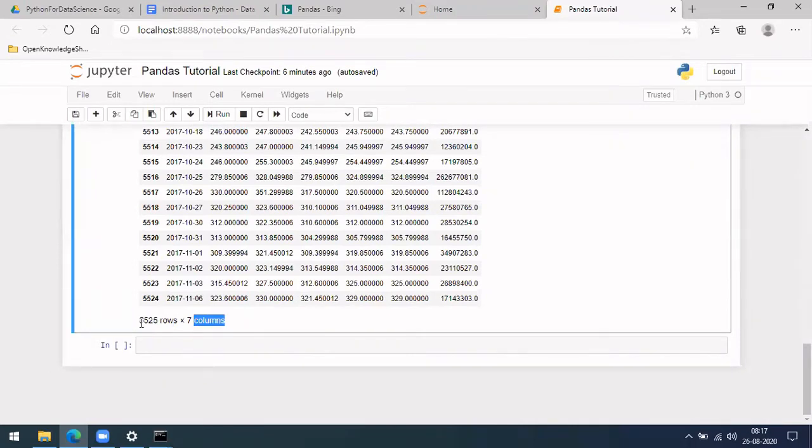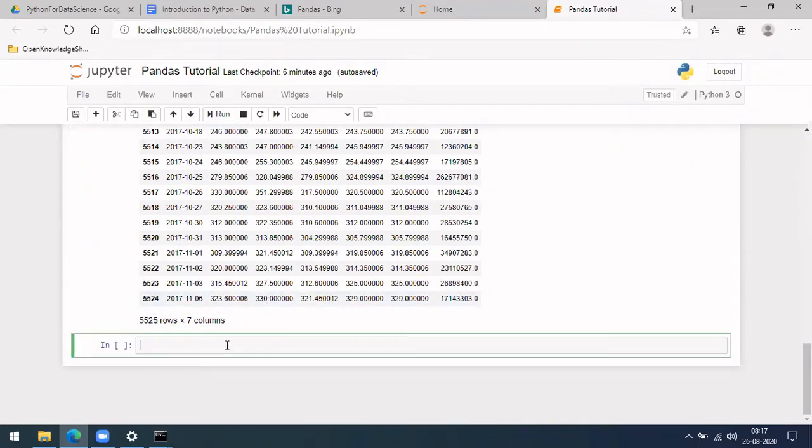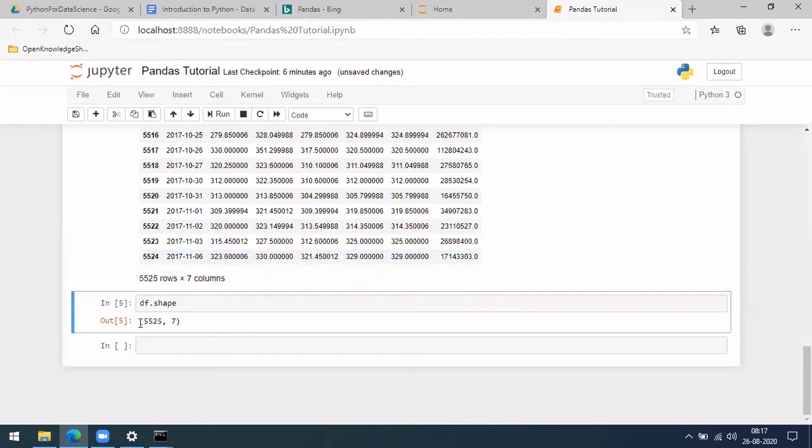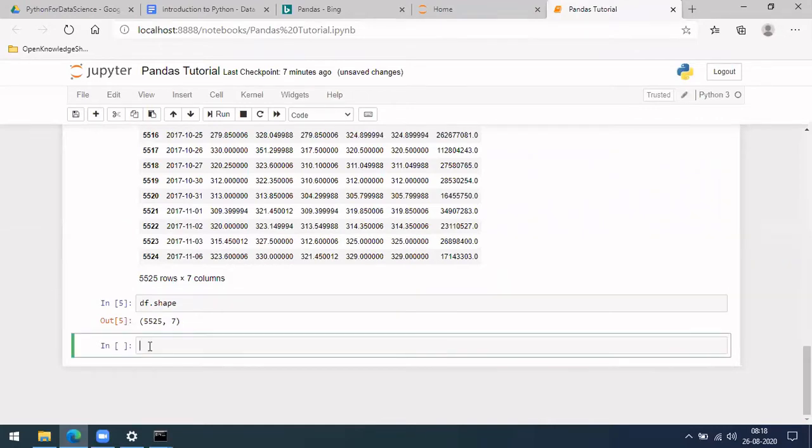So that is what is denoted here. So this is df. In case we want, df.shape, like in NumPy as well, you are able to do shape and get what exactly it has. Similarly, if you do df.shape, this is what it has shown: this is the number of rows and this is the number of columns. Okay, so this is about the data frame.